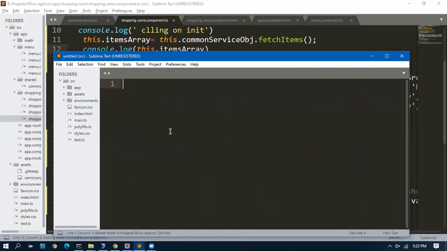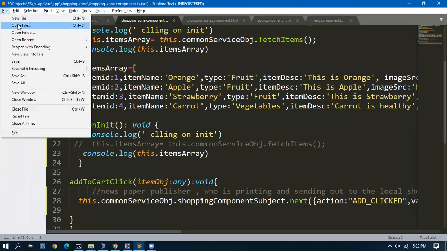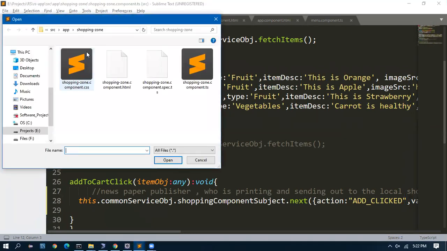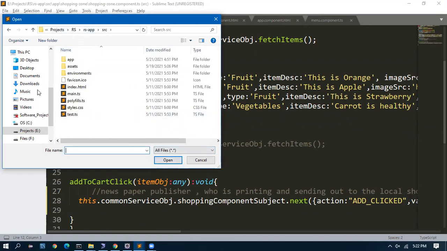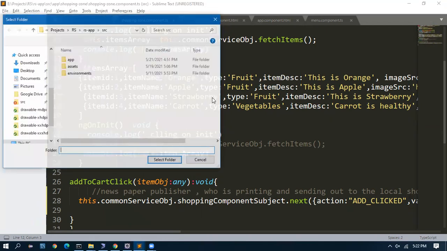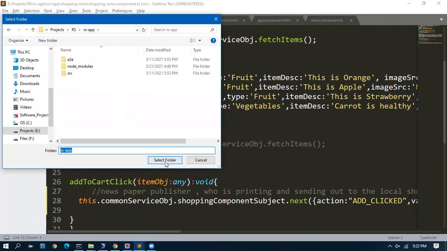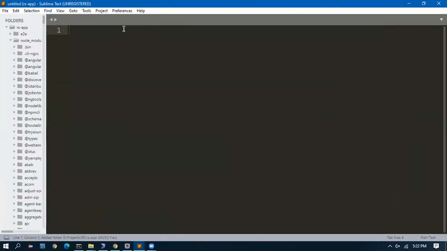And here we give it from SRC, from wherever you want. I usually map it only to SRC. The reason being, I'll show you. If I am going to map it outside of SRC, open folder. If I go here, I'll have the node modules here.